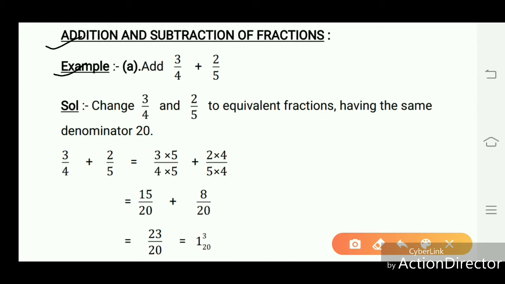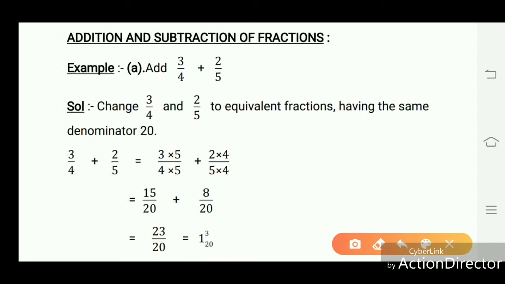First, we change 3/4 and 2/5 to equivalent fractions. Make the same denominator, and after that we add these both numbers. 3/4 multiply by 5 in numerator and denominator, and 2/5 multiply by 4 in numerator and denominator. So here we get, when we multiply these both numbers with 5 and 4,